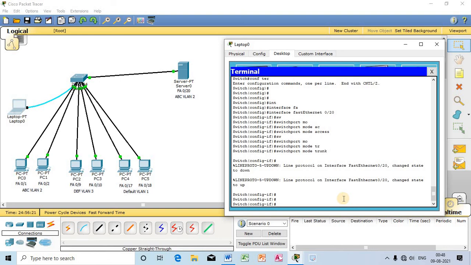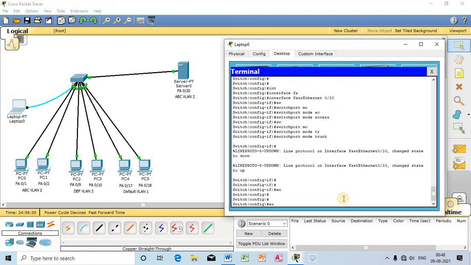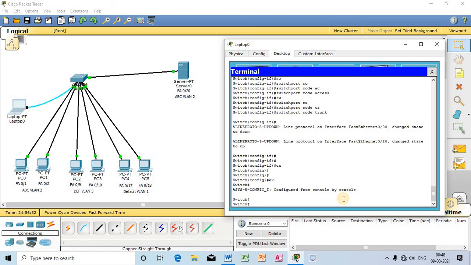So now it can communicate with all the separate VLANs. So let us move out and let us watch the status of VLAN.